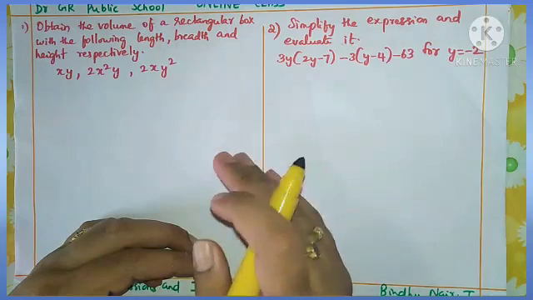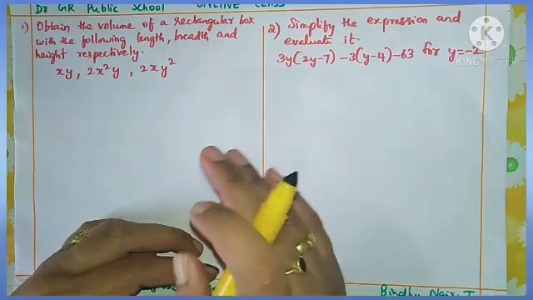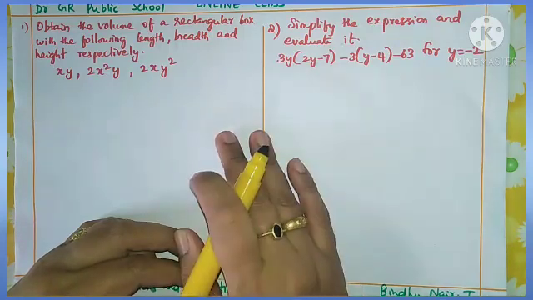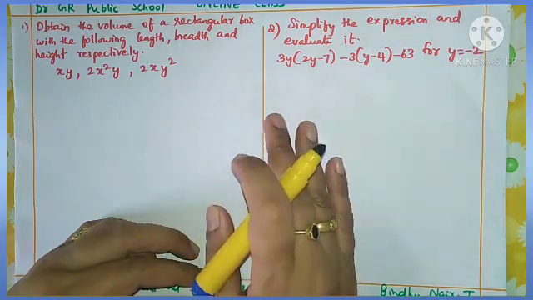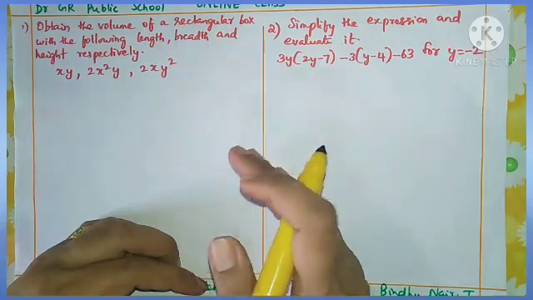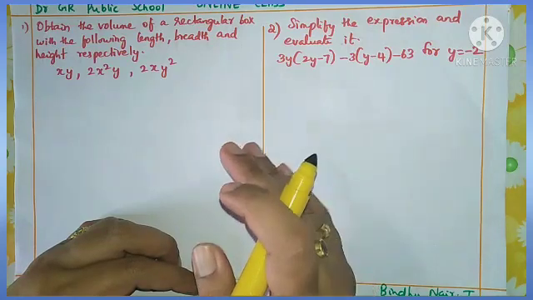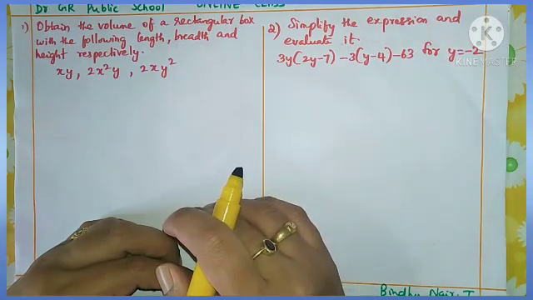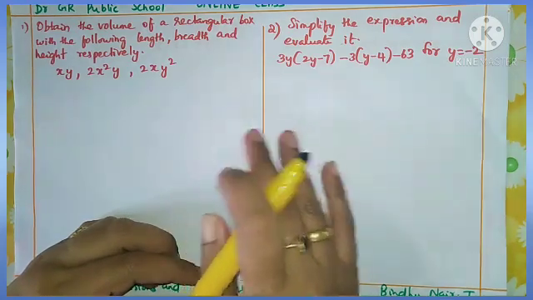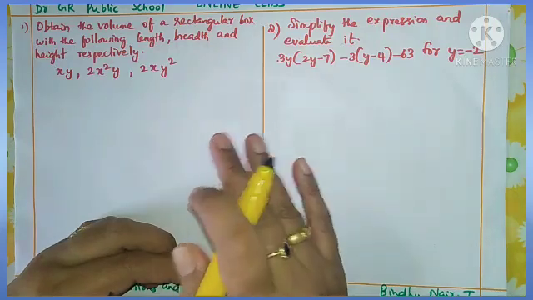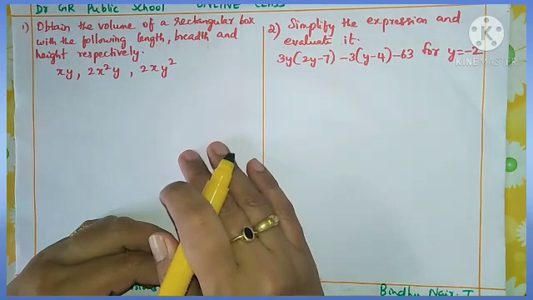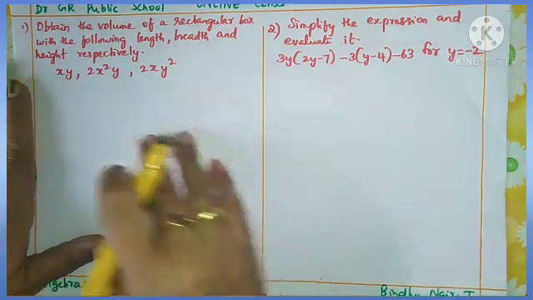So listen to the problems carefully, and after these problems are discussed, in the second video of today you are going to have the last section of this chapter, that is identities and how to solve algebraic expressions using identities. That is the last part of the lesson. So before going to identities, we need to go through these types of problems, how to multiply different types of polynomials. So we can start the class with the first problem today.